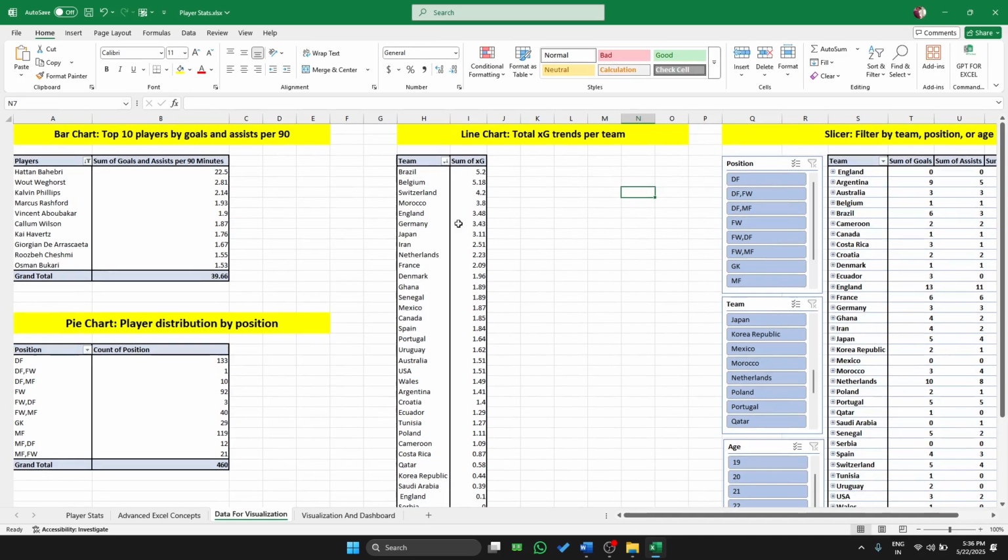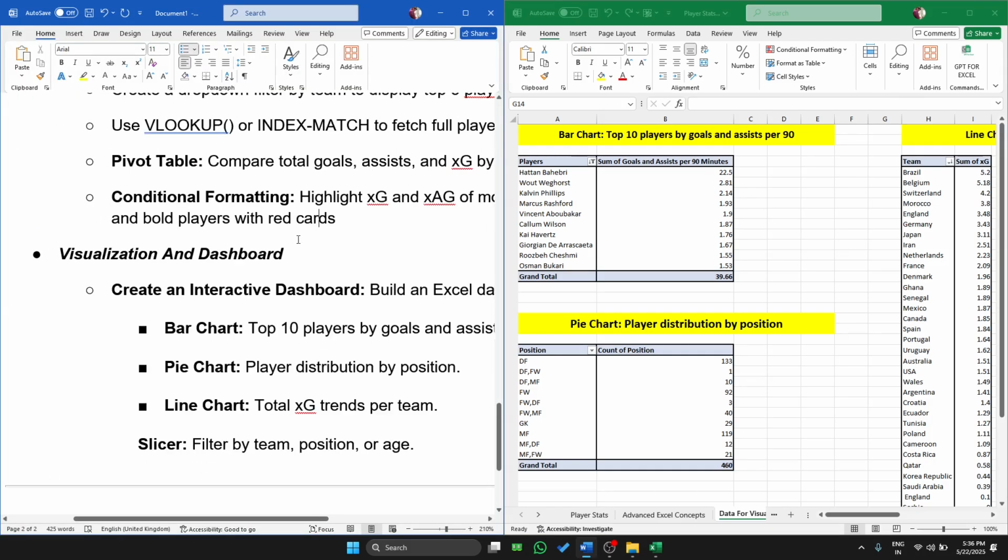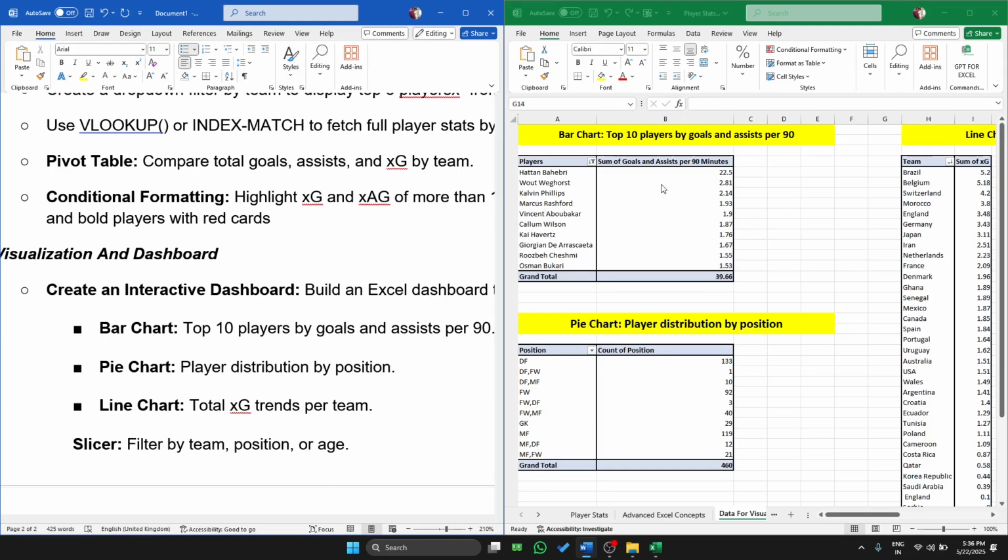Okay, now it is perfectly done. So what we have done here: top 10 players completed, and